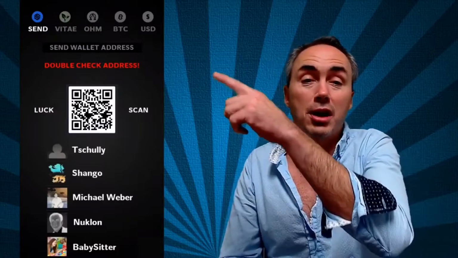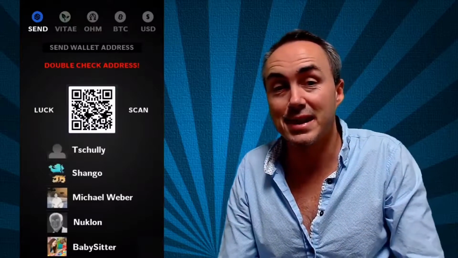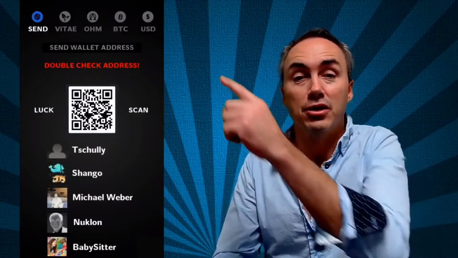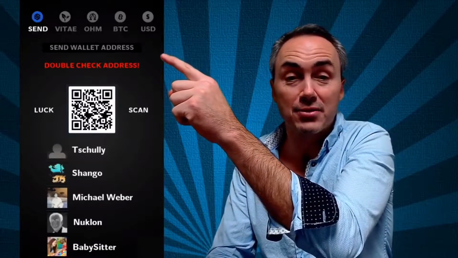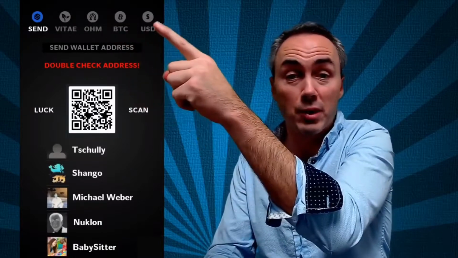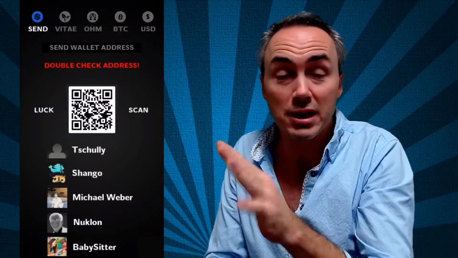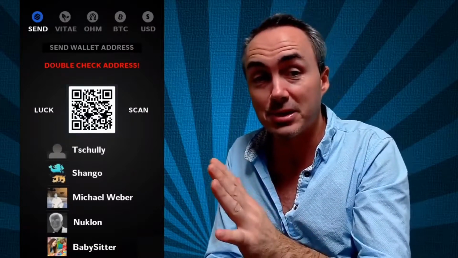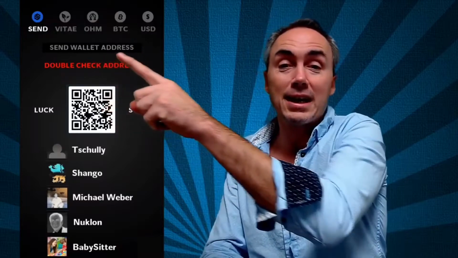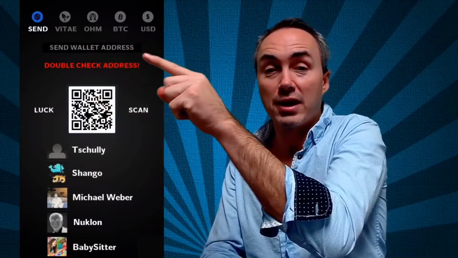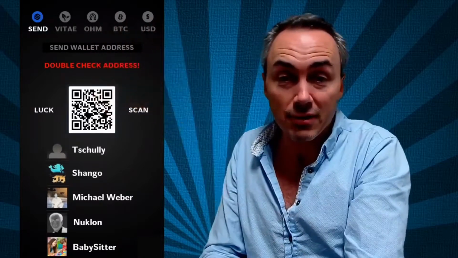Okay, the next option underneath wallet is send. This is the send screen. From the send screen, you can paste a Social Send address that somebody gave you, or one of these other crypto addresses. You can do this with any of the cryptos listed in the wallet. It doesn't have to be social send. And you can paste any crypto address right in here for any of the coins that you have on hand,